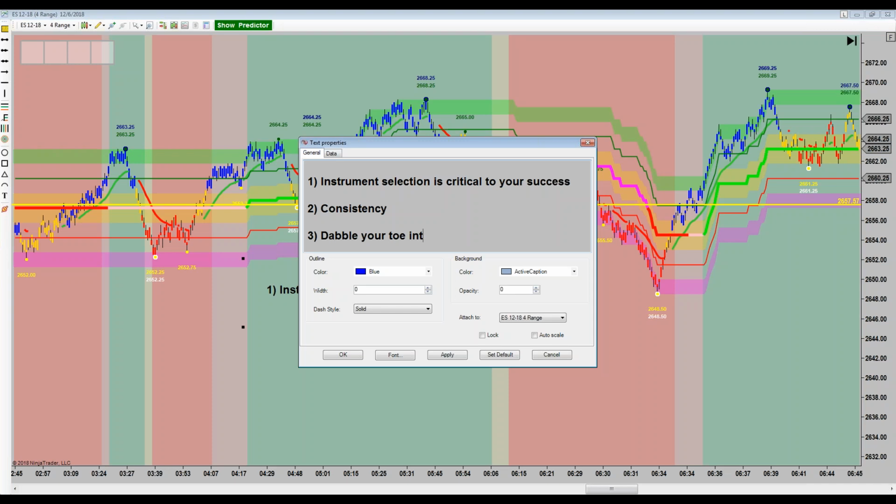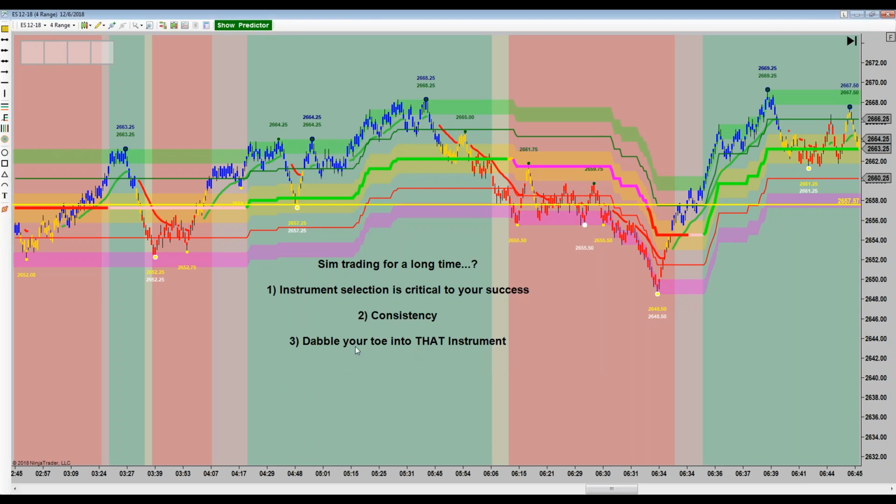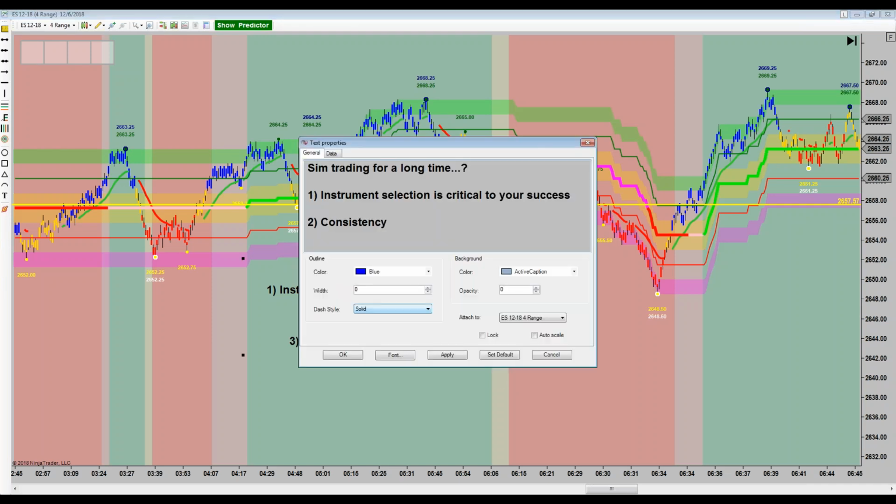And this is important, into that instrument. You see why this is critical? You can't transition it from sim to live until you know that you're consistent on your chosen instrument. If you're still flopping around like a fish when you decide to go live, if you say, well, I tried crude, okay, I tried gold, did pretty good. Russell, I tried, not really consistent. I got on ES, I show some promise, I look pretty good. Now, when you go into that instrument live,